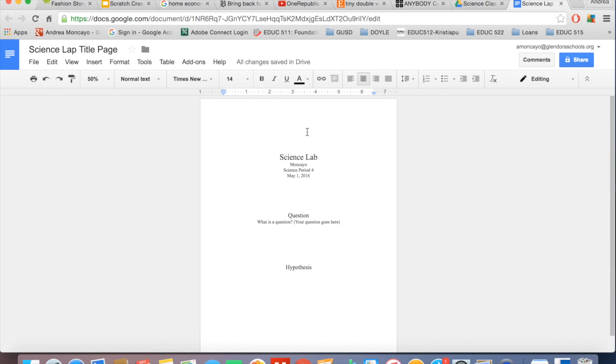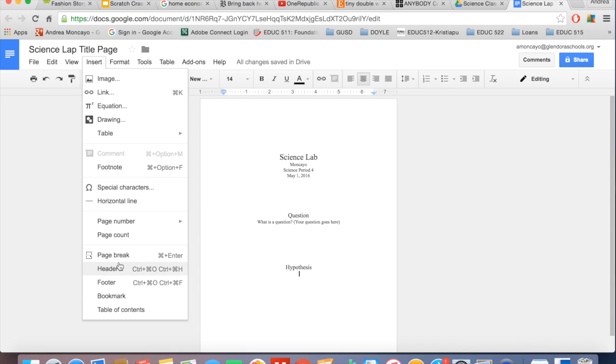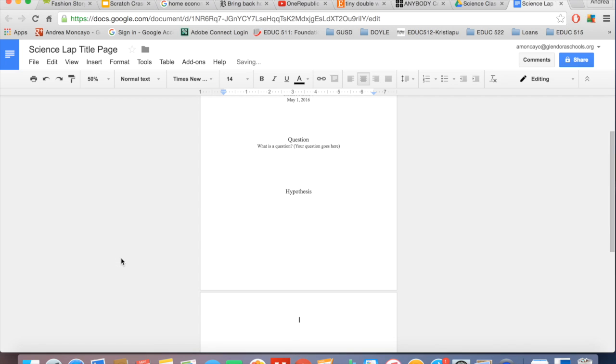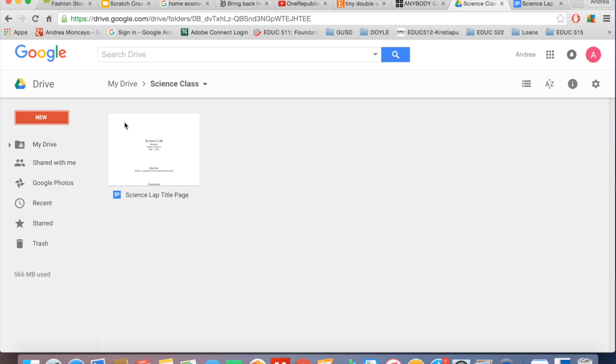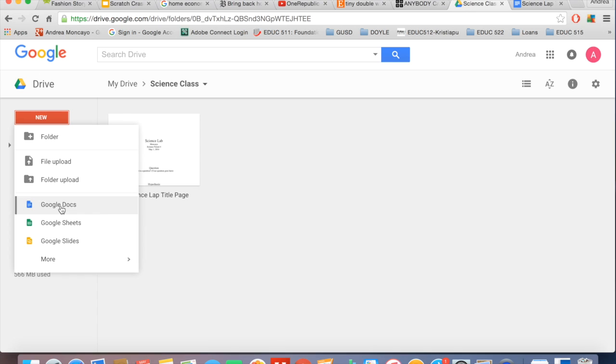Alright, so that's a little bit of the basics of centering your title page, and now I'm going to go on to how to write your procedure page. So I can do two things. Either I can go to insert and go to page break, and that would take me to a second page, so if I want to print it out all like that, or if you plan on just working one by one,